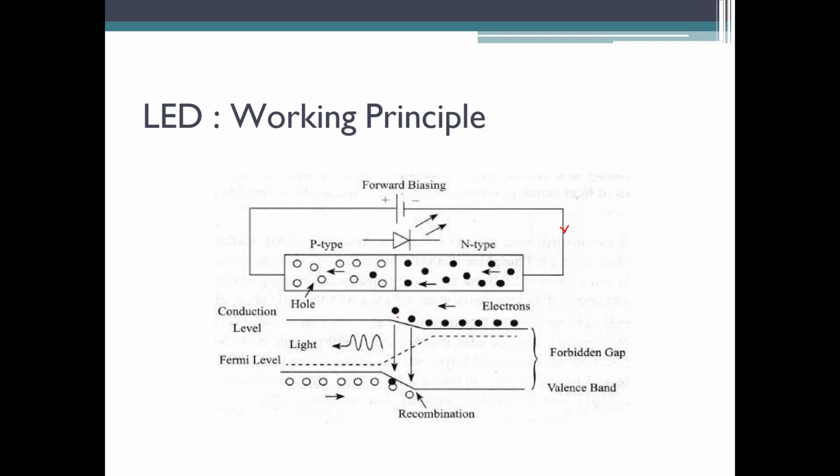So when they are jumping from the conduction band to the valence band, the extra energy whatever it is having is being radiated in the form of light. That energy is being given out, and that is what you can see here. So they are jumping from this level to the lower level. So this much energy is being given up. This much energy is being given up. So whatever amount of energy is being given up, that is the light.